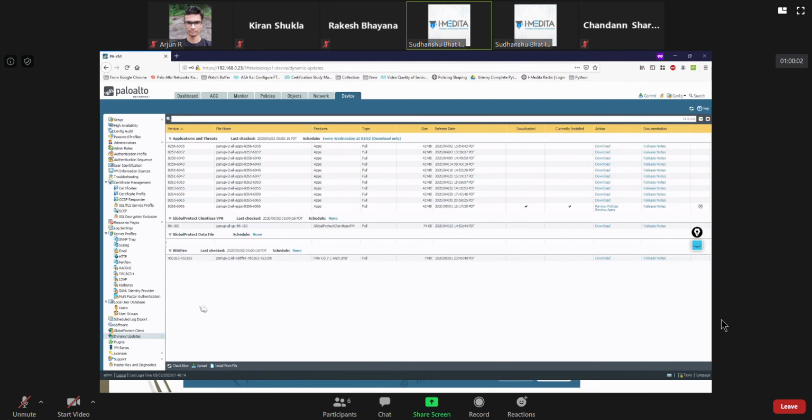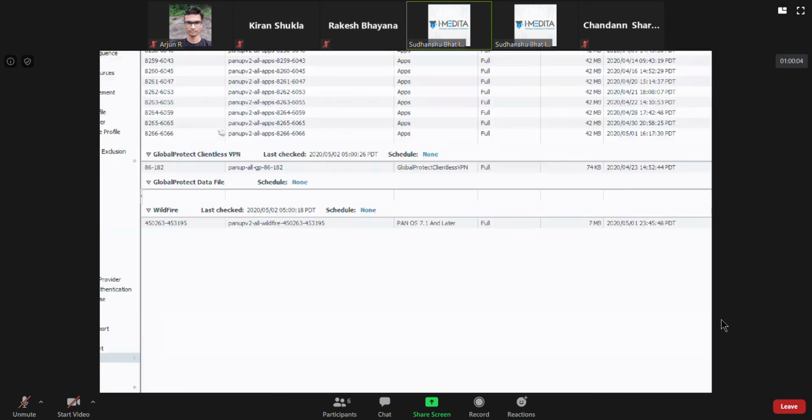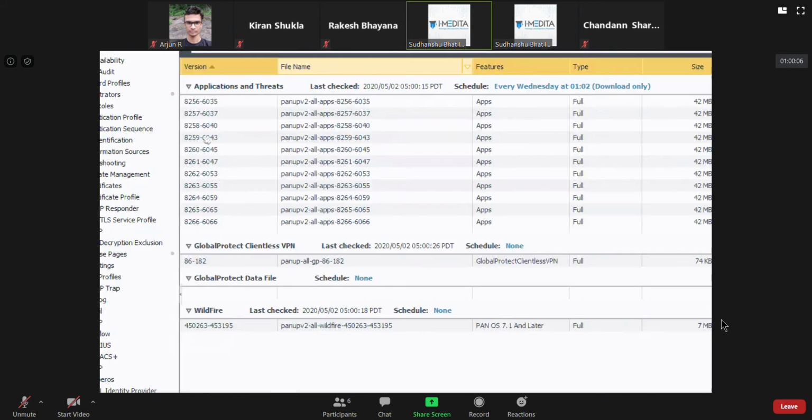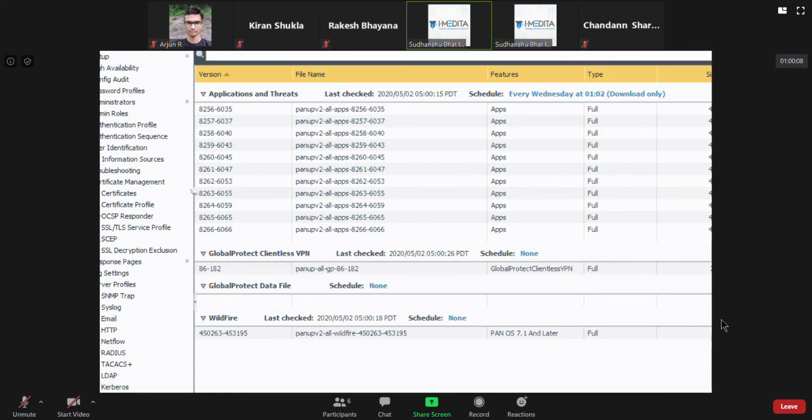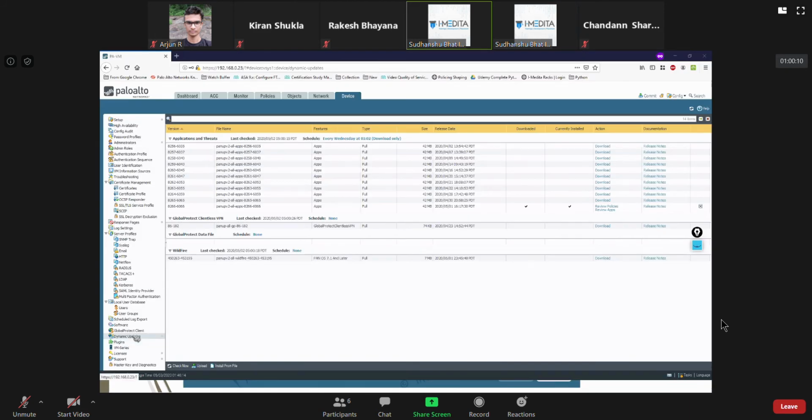Just like where you went for App-ID and threat updates, they download and deliver in one go. I'll go to Device, Dynamic Updates, and here let me click Check Now.